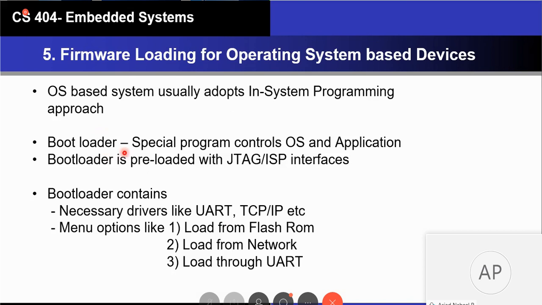So the difference is that the boot ROM loads a firmware, which means it replaces the firmware in the remaining portion of the memory. But the role of the bootloader is to load an OS from some location, which can be one of those I listed here or some other location. The bootloader is mainly used for loading the OS in an OS-based embedded system. Once the OS is loaded, the remaining firmware features are handled with the support of the OS. So the purpose of the bootloader is loading the OS, while the purpose of the boot ROM is to update the remaining portion of the code memory with the new firmware. I think that is the idea.